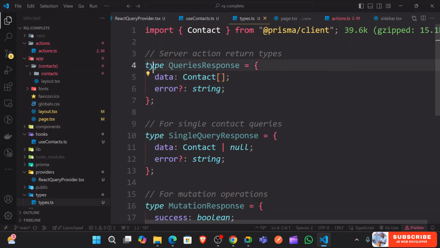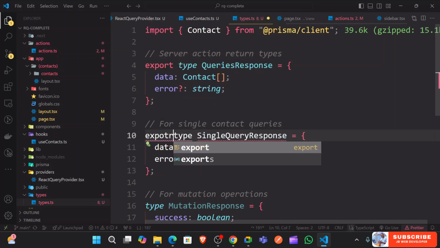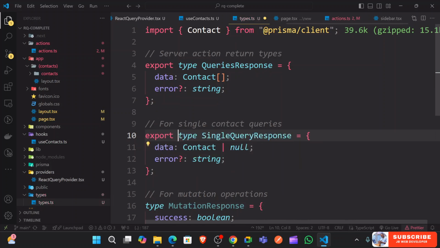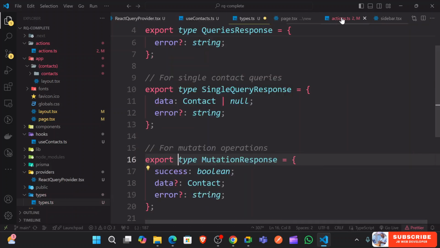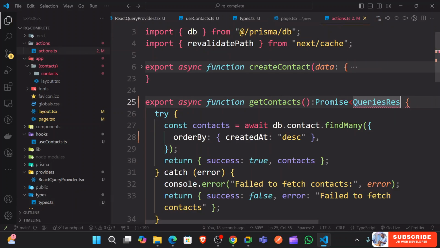So export, and then export, export, and then even here, let's go ahead and export. Okay, so if I just go back here, now I can say this will return back whatever you put on